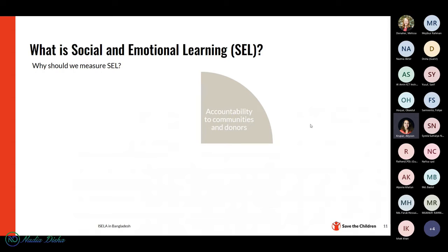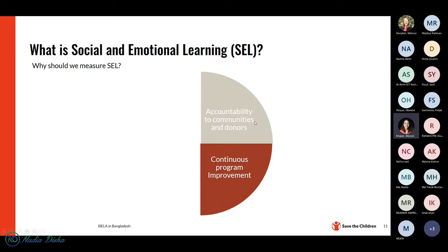So why do we measure social and emotional learning? One of the reasons is accountability. We want to know whether or not our program is improving social and emotional learning skills and be accountable to the communities that we work in, as well as the donors, of course. And another reason is so that we can improve our programming: to know how much we're improving social emotional skills, what some of the gaps are that we're seeing,